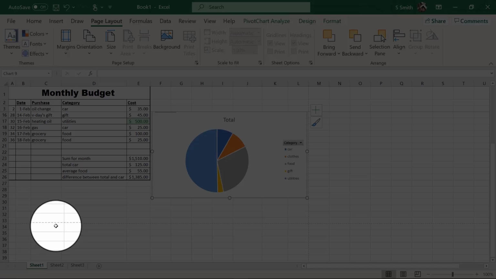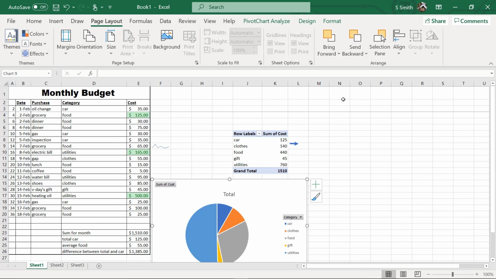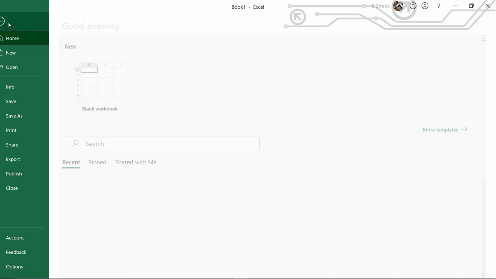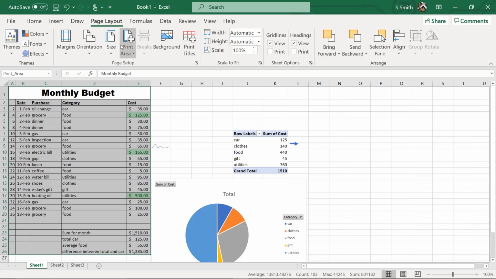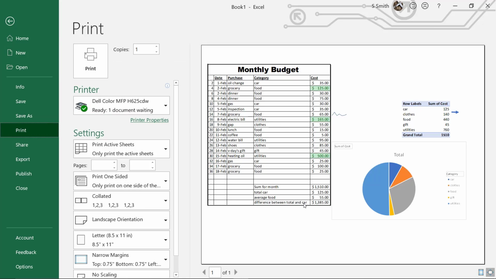If I scroll down, I can see that this is the amount of page space that I have with those margins. However, if I just wanted to print this table right here and no other information, I could highlight that and go to print area and say set print area. Now if I go to file, print, I am only printing that data. I can exit with this little arrow, and if I go to print area and say clear print area, and then I go to file, print, I will be printing everything.